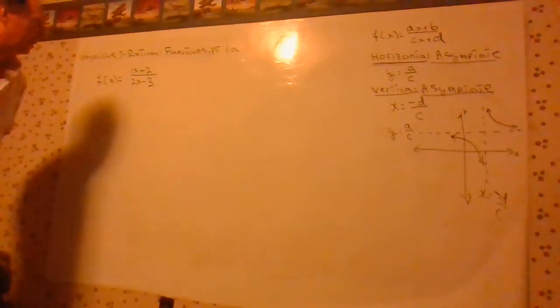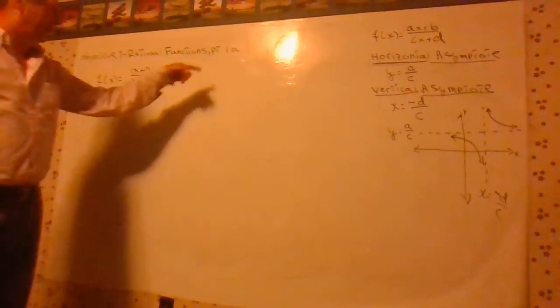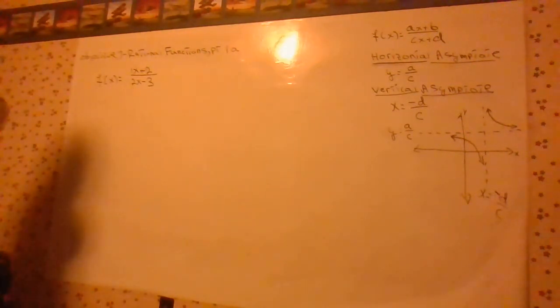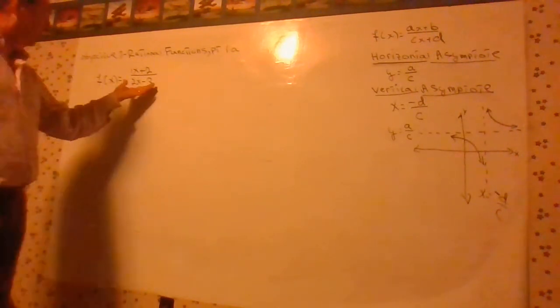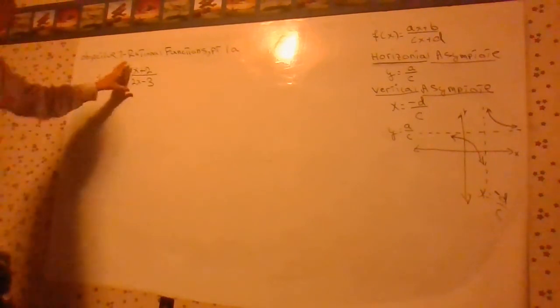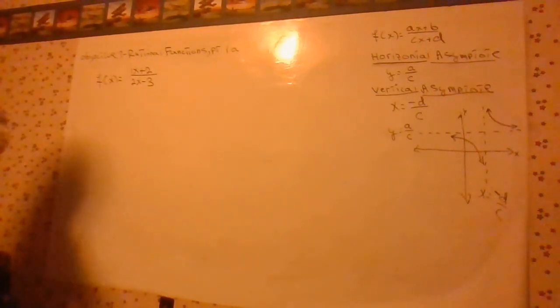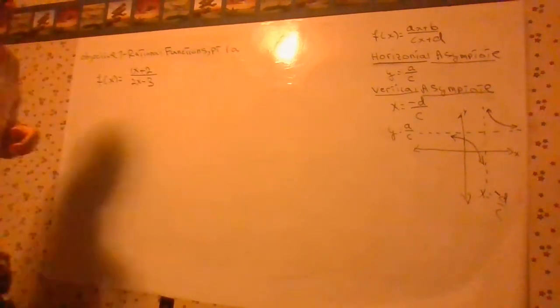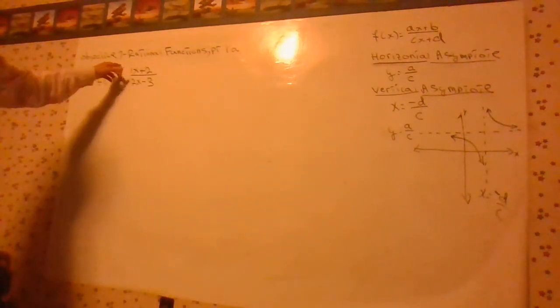Rational functions part 1a. We use part 1a because part 1 is actually the title of this objective 7. We're going to graph rational functions. One of our objectives is to find a picture of this function, but we're also going to work in some limits. We're going to have multiple parts to this video series for objective 7, so we can break it down